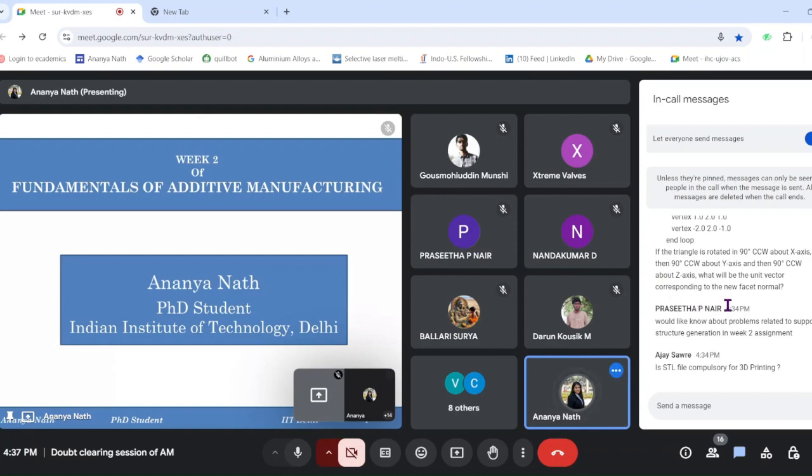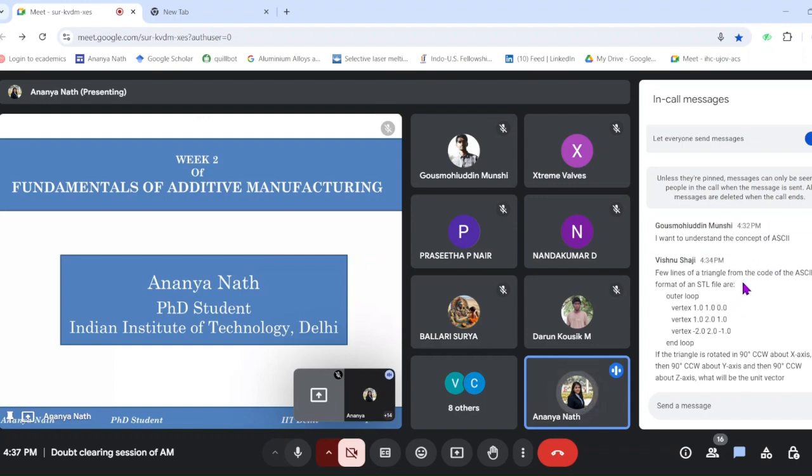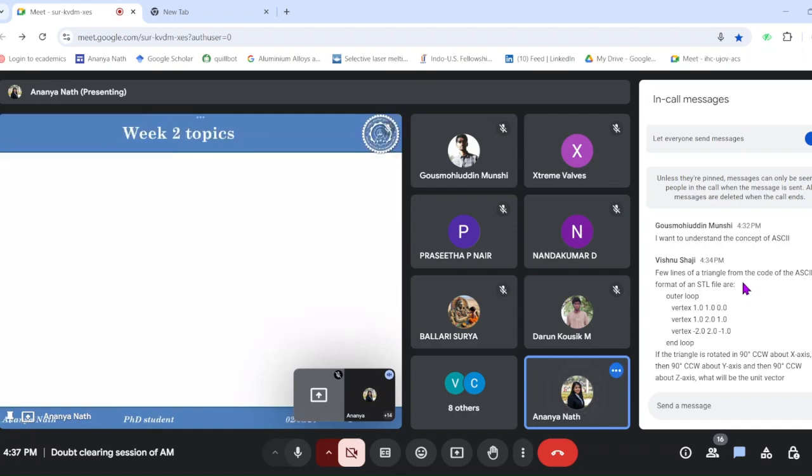Would like to know about problems related to support structure generation in week 2. Okay, it's in week 2. I want to understand the concept of ASCII and that y-axis rotation thing. Okay, maybe we will do this ASCII one first. And for ASCII,